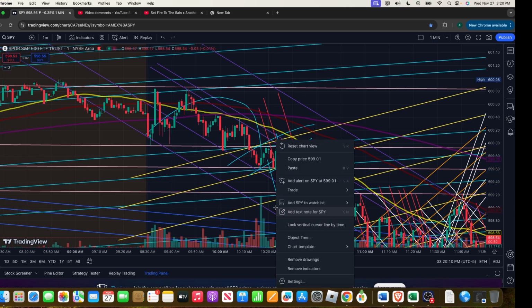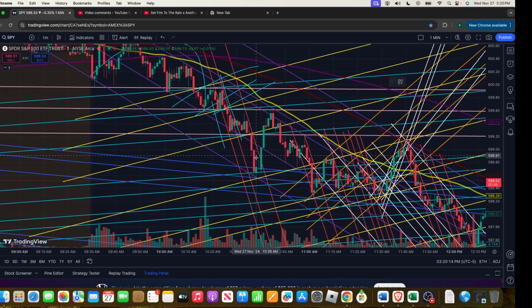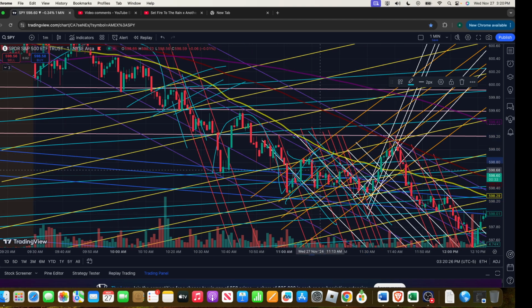Then we complete another inverse cup right here, and you can see. However, here the problem was that you see the white algo right here. This is a brand new algo, where the market was building the liquidity. So I did expect that big move coming, and you could have actually caught this as well, but again,